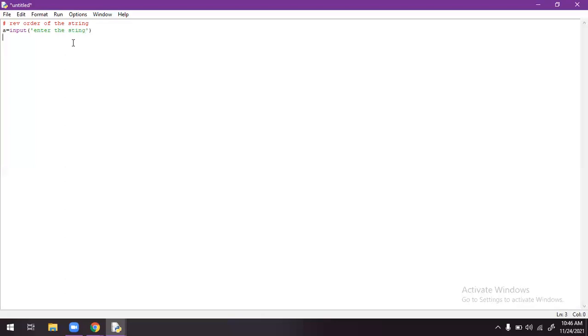Then at the other side, it will ask the user to enter the value. After that, we have to specify a variable, say r or reverse. As per our convenience we can write, but I'm taking simply r. I'm taking an empty string here, that is called r in this case.